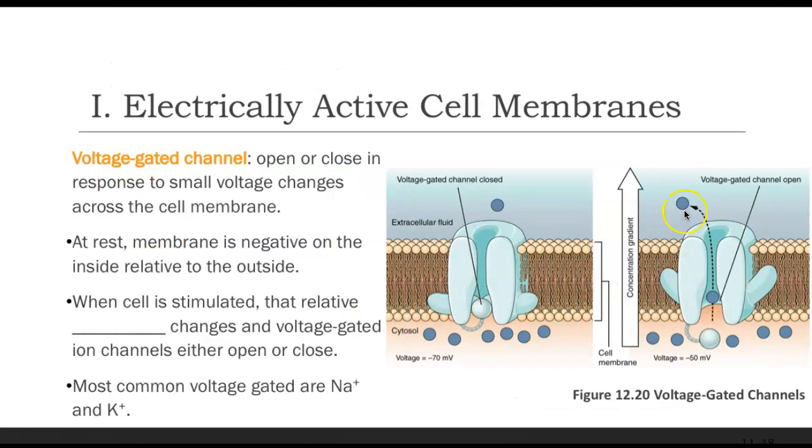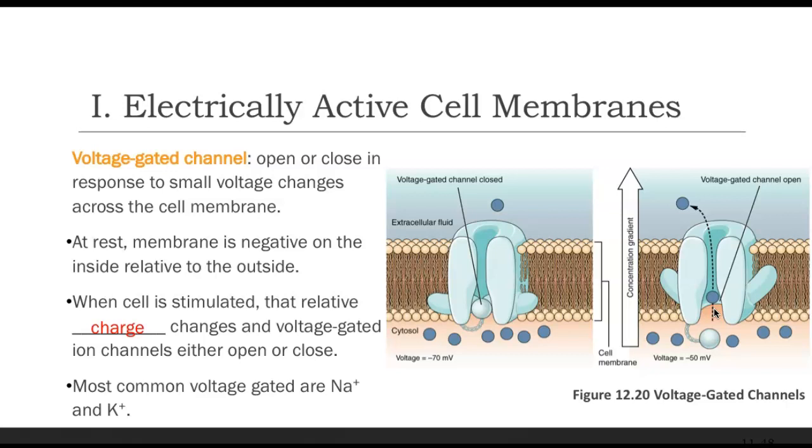The next type of channel we have is a voltage-gated channel, and these are going to open and close based on a small change in voltage across the cell membrane. So at rest, we're going to see the membrane is negative on the inside compared to the outside. And when the cell is stimulated, that relative charge changes, and the voltage-gated ion channel is going to open or close depending on what the signal is. And so the most common voltage-gated channels will be sodium and potassium, which we will discuss